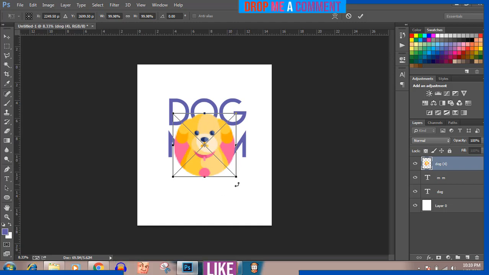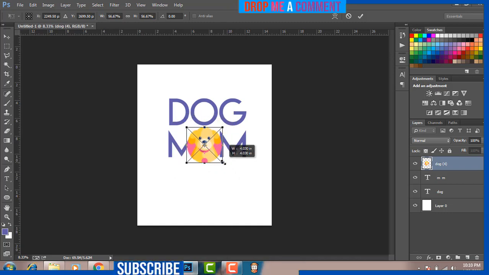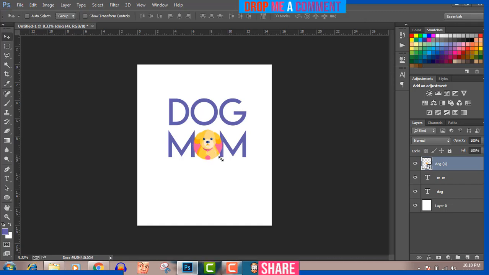So to make it smaller is simple. Remember the way I told you how to increase the dog. You hover your mouse over this edge, and you press down 3 buttons: your Alt key, Shift key, and left mouse click button, and you drag inwards to reduce. So now we have that. We just try to position it like that. Press enter. So now we're just left with the M,